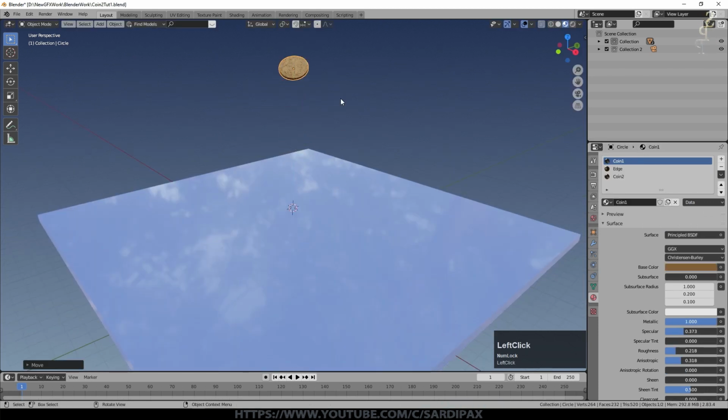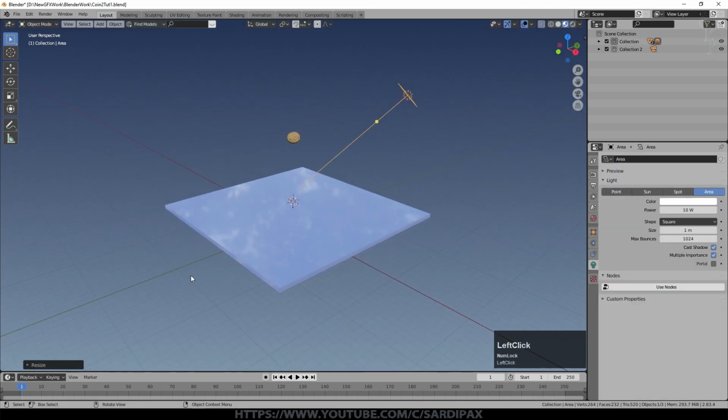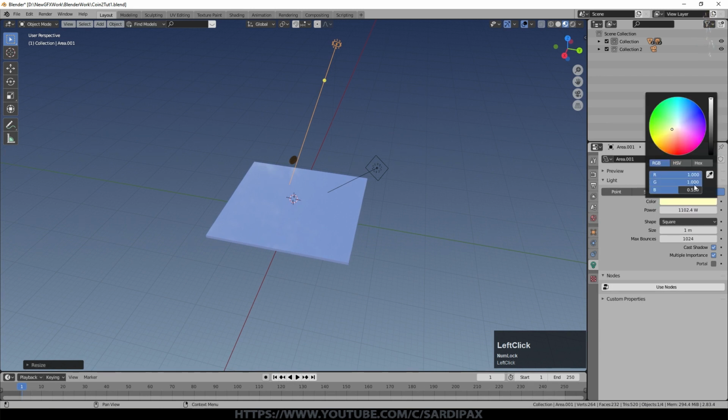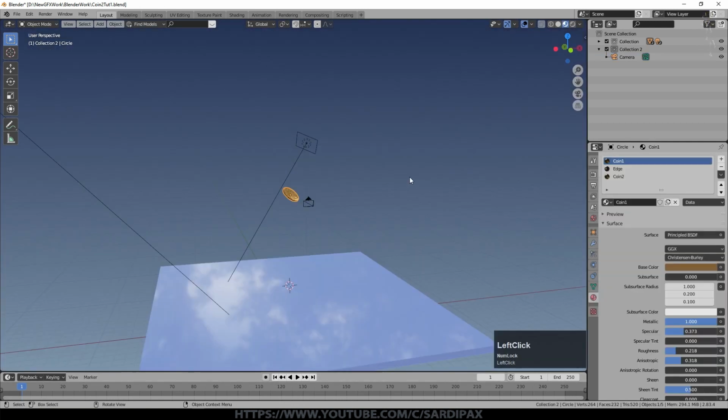So let's lift our coin up a bit. And we'll also add an area light, I think. And we'll make that reasonably bright and give it perhaps a slight yellow color. Make that very small, but also very, very bright. So that's sort of a rim light. And we'll make that a cool white. So there we go. There's a bit of noise in it at the moment, but we can deal with that easily enough. So now to add some physics.